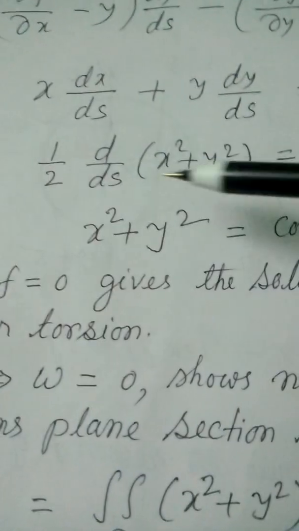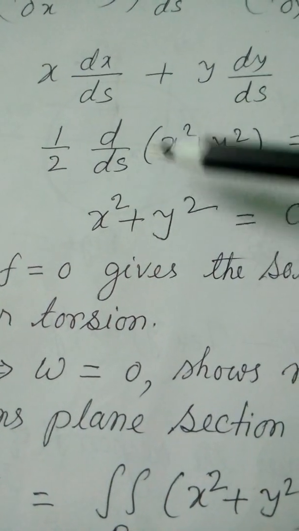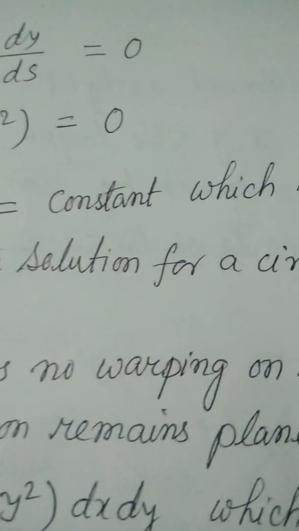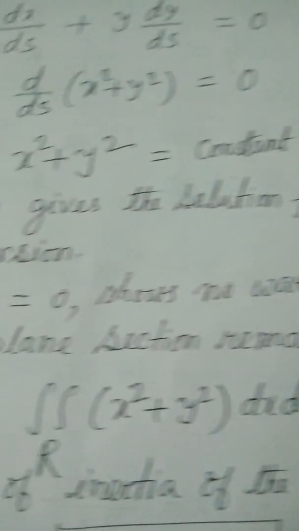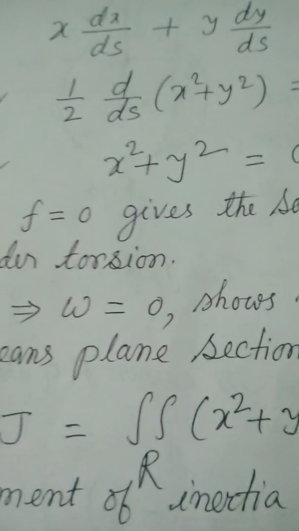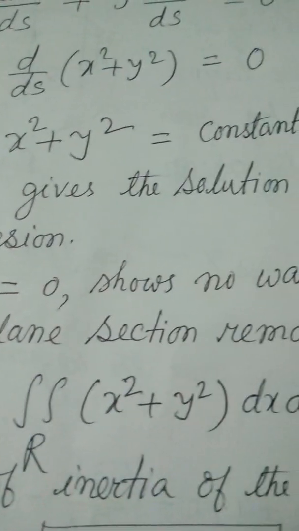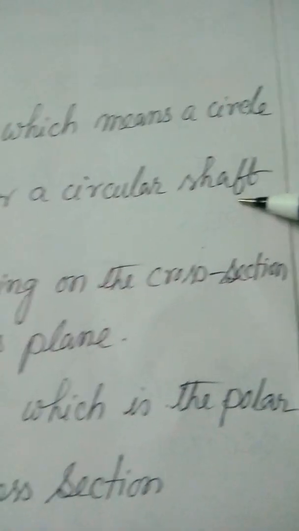Half into d by ds of x square plus y square is equal to 0. So x square plus y square is a constant. So what is that equation which means a circle? So it is the equation of a circle for f is equal to 0. So f is equal to 0 gives the solution for a circular shaft